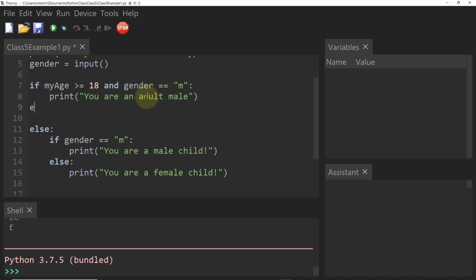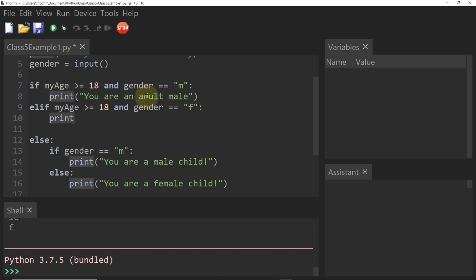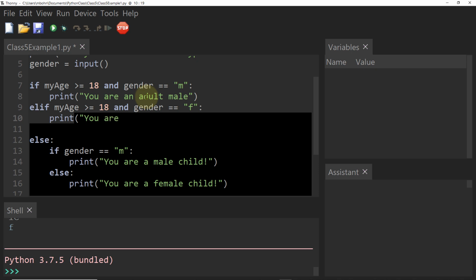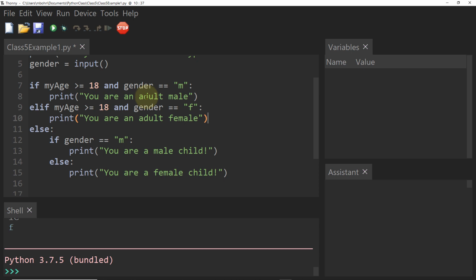And I could add another branch to my statement called an elif, which is basically short for else if. And I can do another condition and say my age larger than equal to 18 and gender equals F for female, colon, and then print you are an adult female. And I could continue on